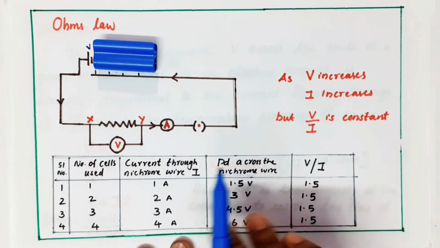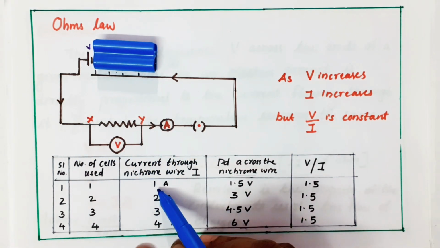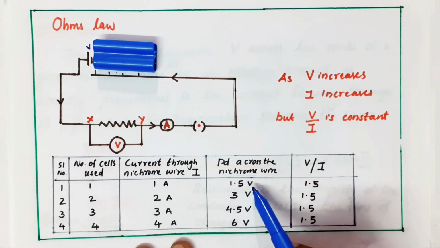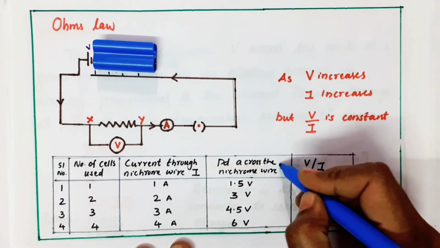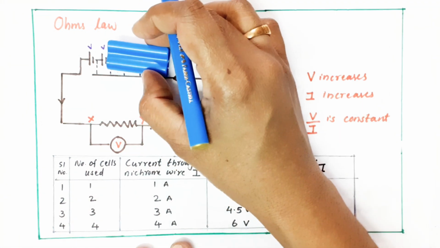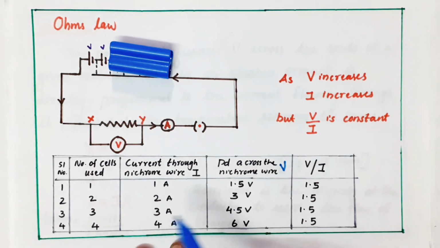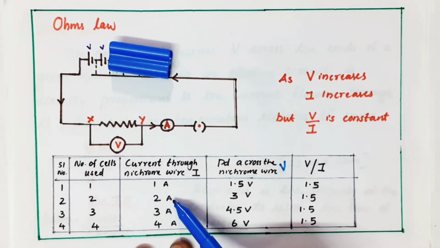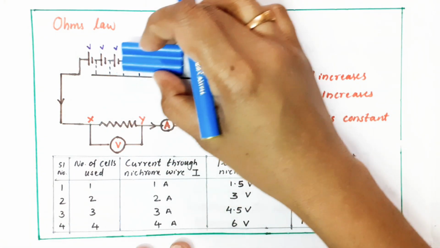So when I use one cell, I measure, this is some random value I kept. Okay, so see, when I am using one cell, I got the current ammeter reading as 1 ampere, voltmeter reading as 1.5 volt. Then I did the term called V by I. V means this term, right? So V by I did 1.5 by 1, 1.5. Second case, I use two cells. If I'm two cells, my voltage changes to 3 volt and I got current as 2 ampere and my resistance as 1.5.